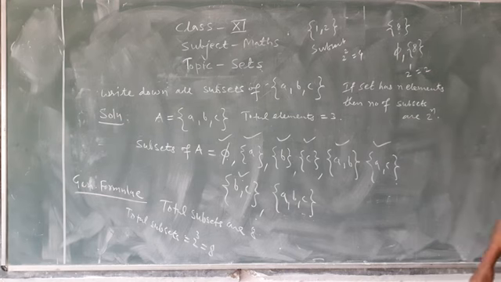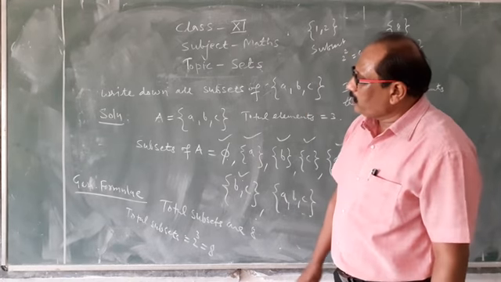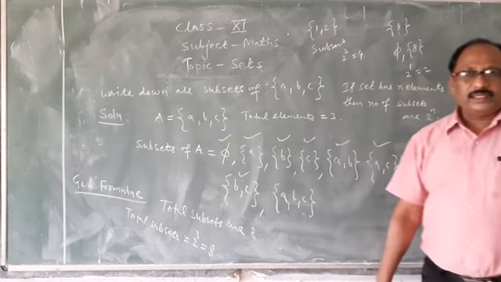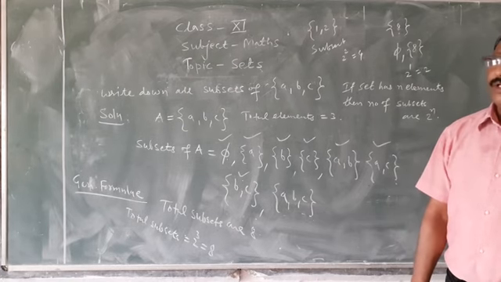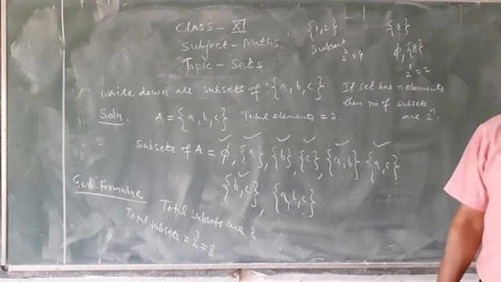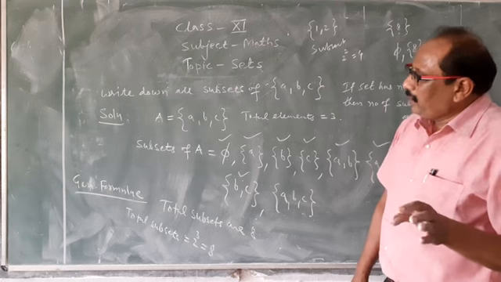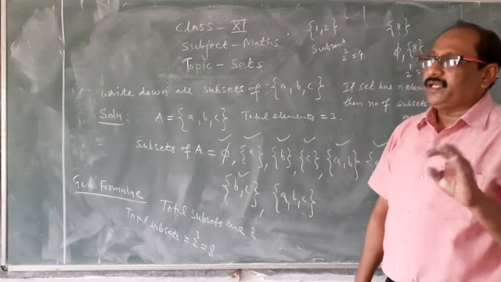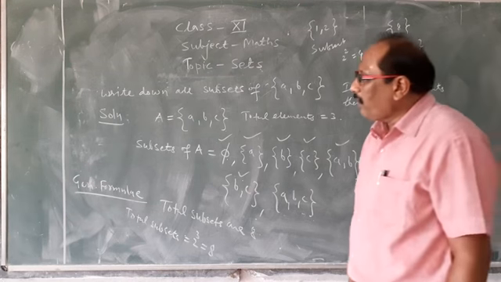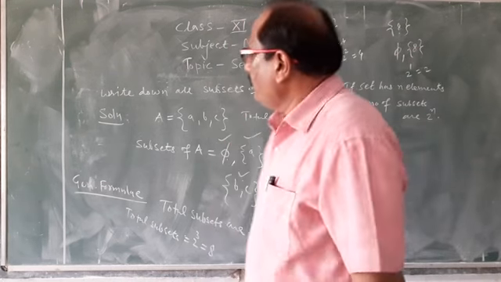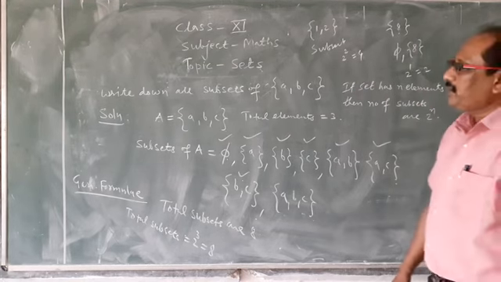Dear students, in this class, I just want to summarize. In this class, what we have seen: the definition of the set. Set means a collection of well-defined objects. Objects should be well-defined. Second, the types to represent sets: roster form, and how we can write in set builder form. Third are equal sets, empty sets, and then subsets.